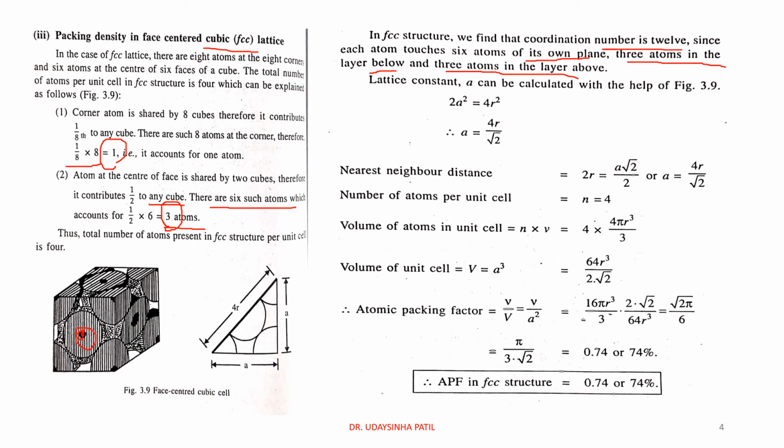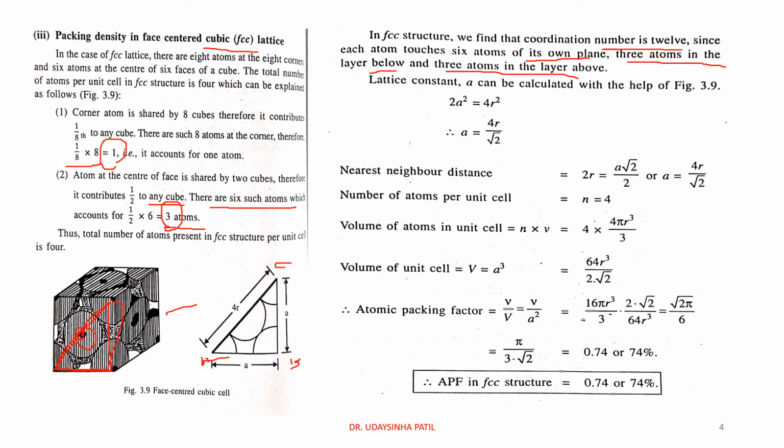That is, a is equal to 4R by root 2. How does it become this? We can take a cross section of one face. This is the face. We can take a section of one face as shown here. That is a, lattice constant a, another lattice constant a, and there is a right angle triangle. We can say that ABC is a right angle triangle. Then we can say that a is equal to